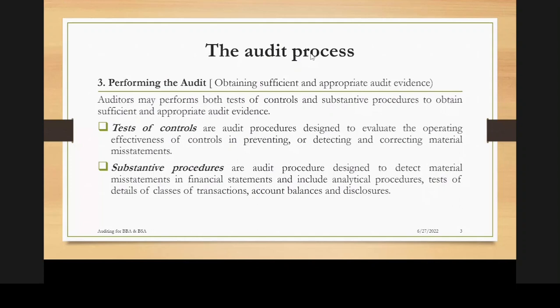Now, here, if you are not in a position to obtain sufficient and appropriate audit evidence, then you cannot form an opinion. Or if you form an opinion, you'll form an inappropriate audit opinion. You will end up issuing a qualified report, yet you ought to have issued an unqualified report. For your purposes, maybe to emphasize, a qualified report is a bad report, whereas an unqualified report is a good report. So performing the audit is now when you do the vouching, you go through the internal controls.